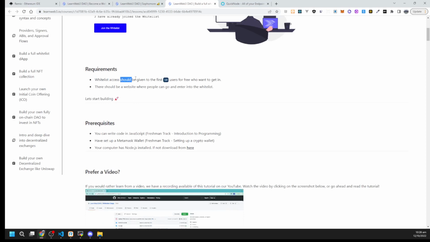Whitelist access should be given to the first 10 users for free who want to get in. There should be a website where people can go and enter into the whitelist. So we are creating these features in the whitelist dApp, the NFT whitelist dApp. Now,